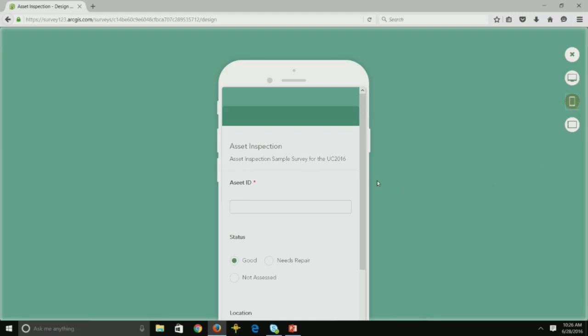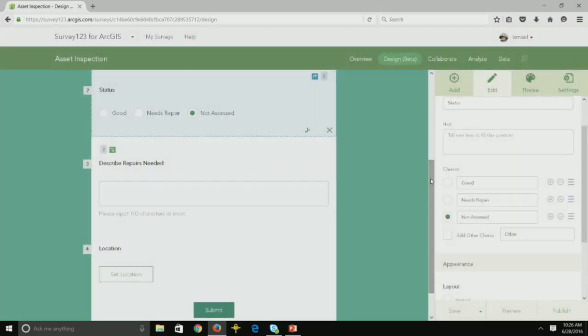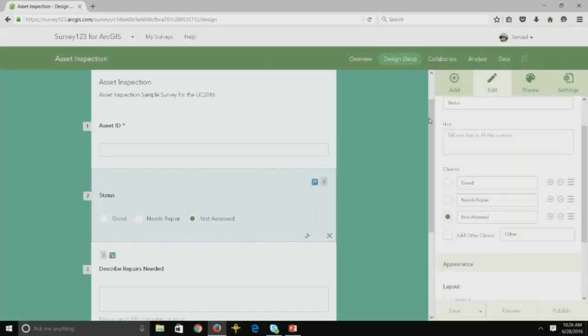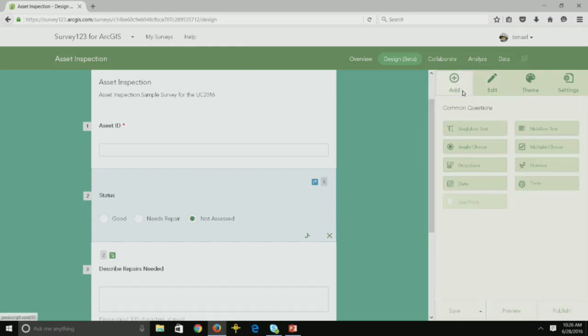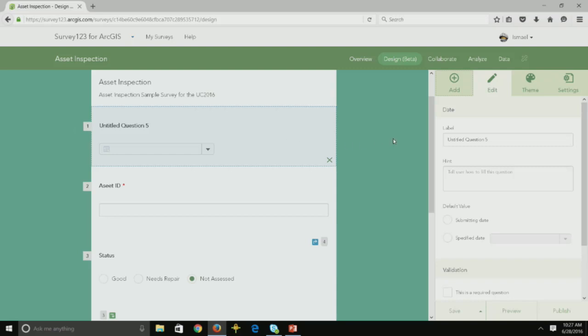This form that I created is going to work on a web browser, in my desktop, but also in a mobile device. Are you happy with this? Excellent. Let's just go and say we want to understand when this asset inspection was done. So I'm going to add, what type of question should I add here? Date, right? So you bring it here,